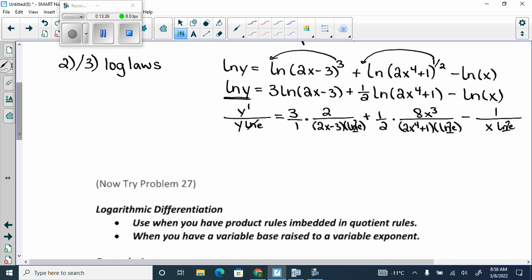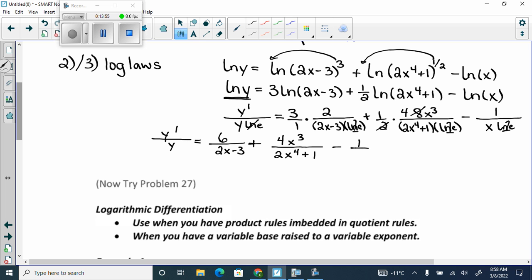Very close to being done. So we're going to get y prime over y equals 6 on the top over 2x minus 3, plus, now this half and this 8 can cancel, and this is a 4, so I'm going to get 4x cubed over 2x^4 plus 1